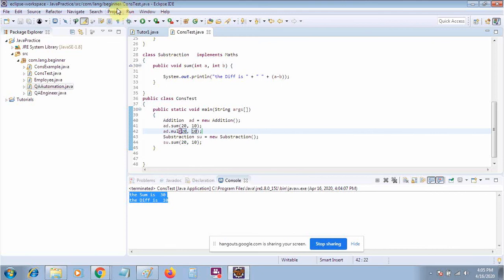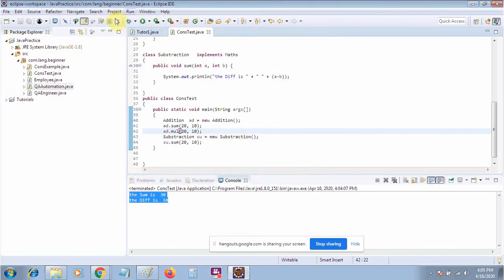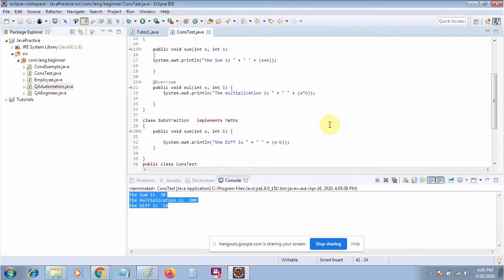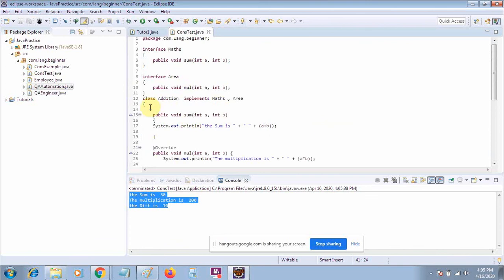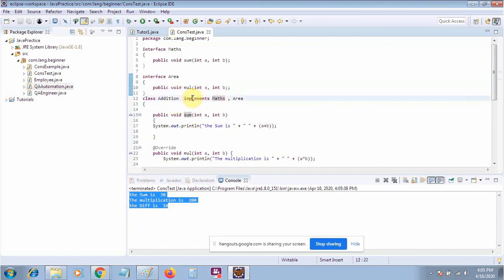So you can say that multiple inheritance is not allowed, but multiple interfaces are allowed. You can see that we can apply multiple interfaces here. Suppose that you have multiple interfaces in your class, you can add them to a single class by using the comma.